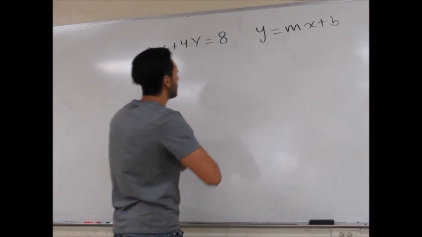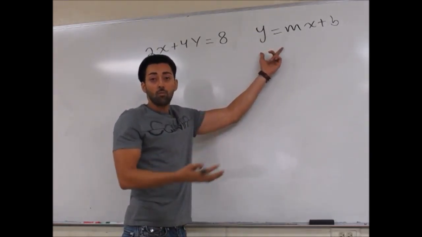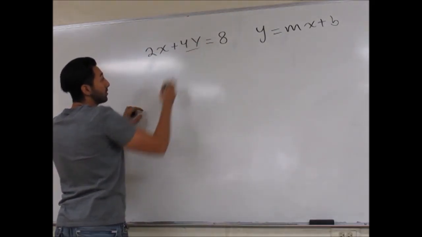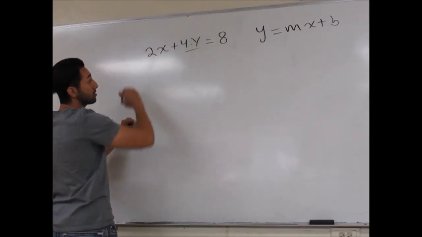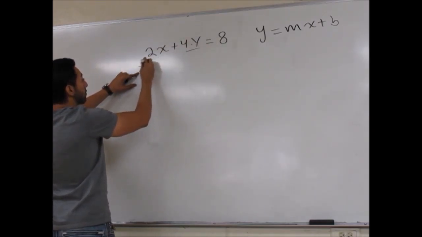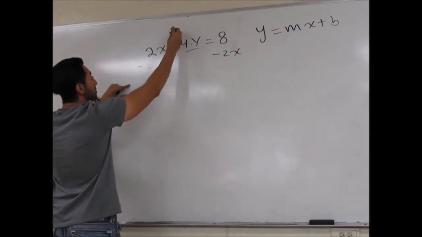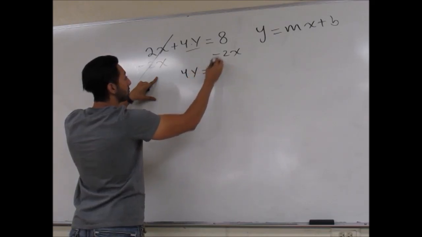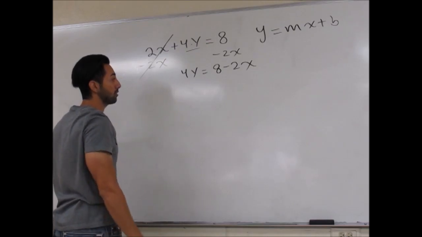Anyways, if it doesn't already look like this, or it's not in terms of y, meaning y is all by itself, you got to do that first. So I'm going to go ahead and solve for this y here. It's being multiplied to 4, and there's some addition going on. So I'm going to take care of the addition first. I'm going to move this 2x over onto the other side, which requires the opposite operation. Opposite operation always cancels it out on the side that you're doing it on. So you get 4y is equal to the 8 that was already there, and now I subtracted the 2x over to the other side.